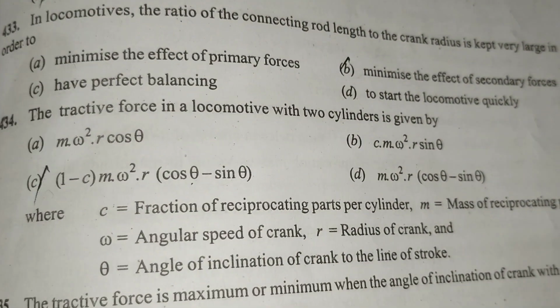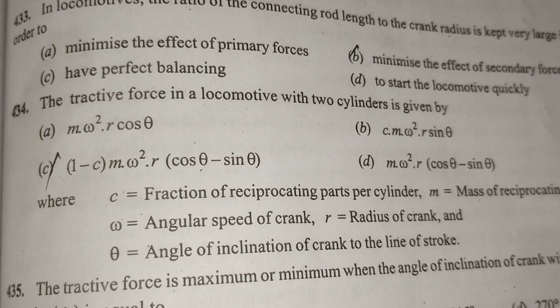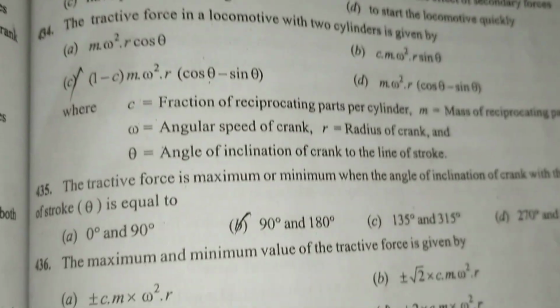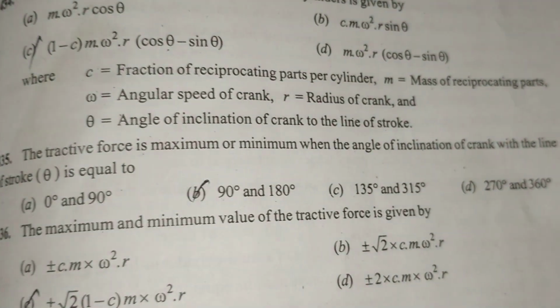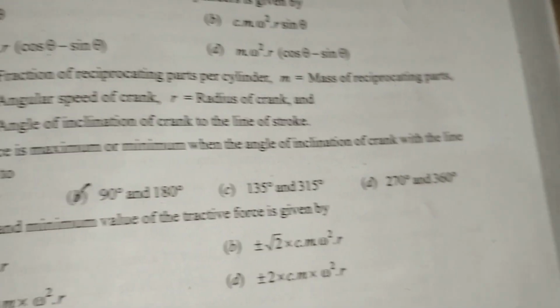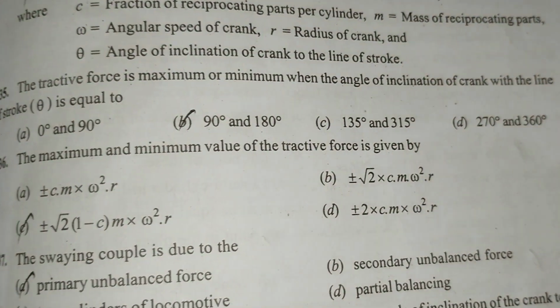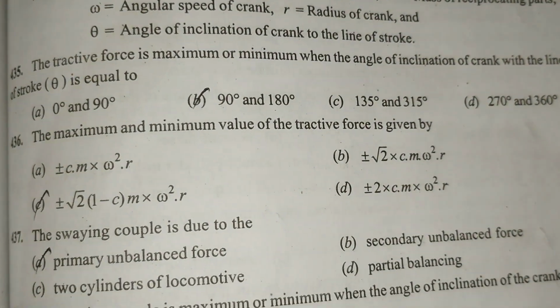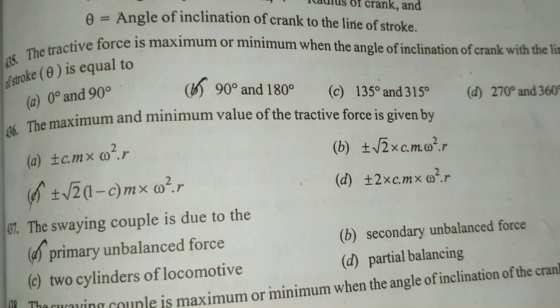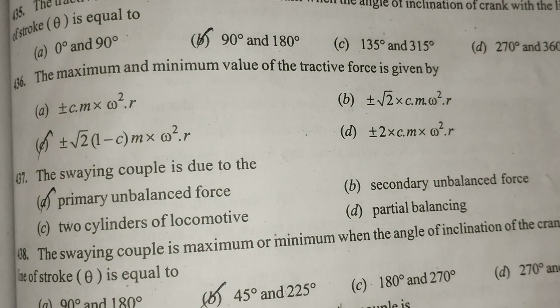The tractive force in a locomotive with two cylinders is given by (1 minus c) m omega square r (cos theta minus sin theta). The transverse force is maximum or minimum when the angle of inclination of a crank with the line of stroke is equal to 90 and 180. The maximum and minimum value of the transverse force is given by plus or minus root 2 (1 minus c) m omega square r. The swaying couple is due to